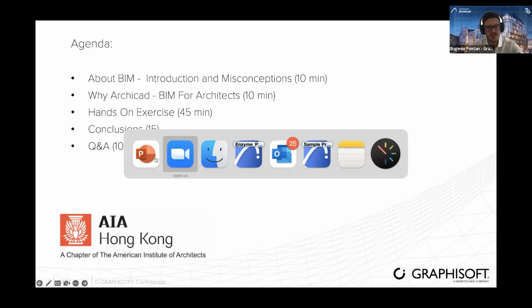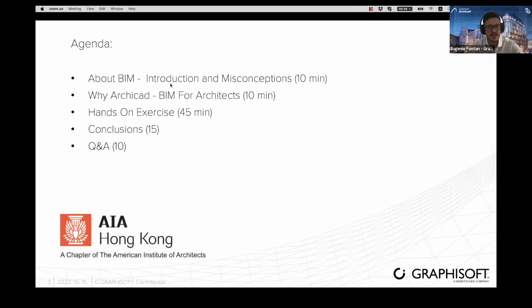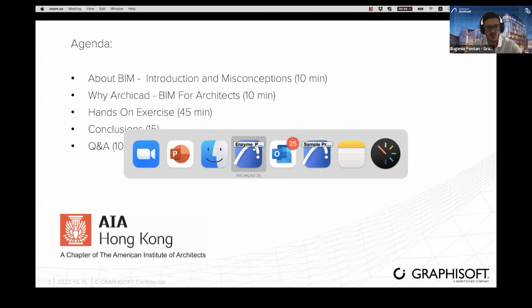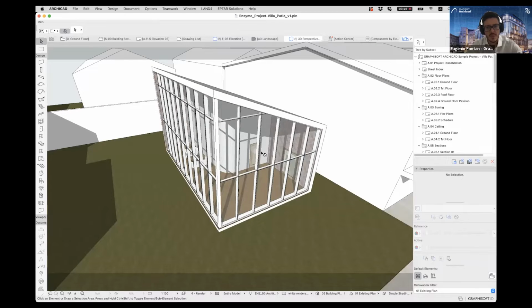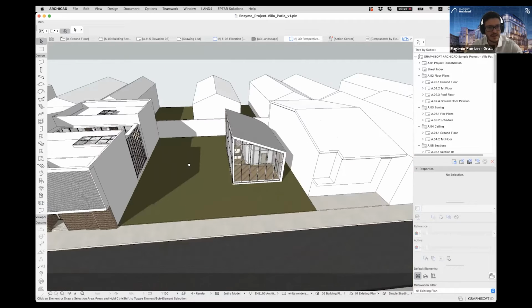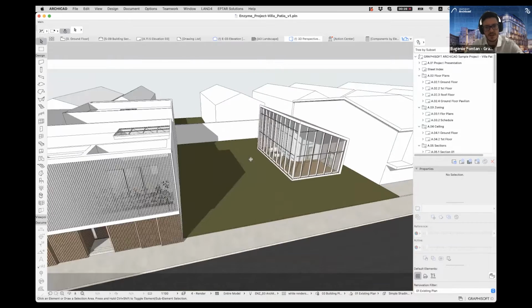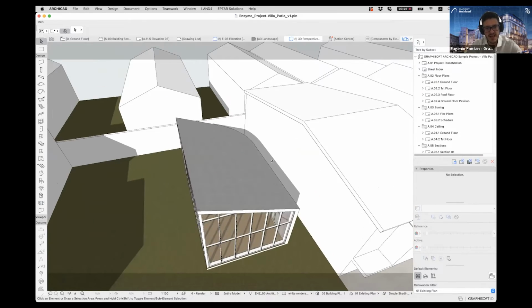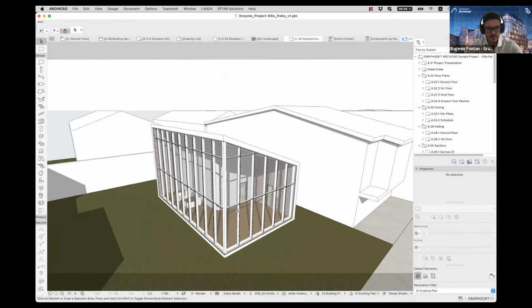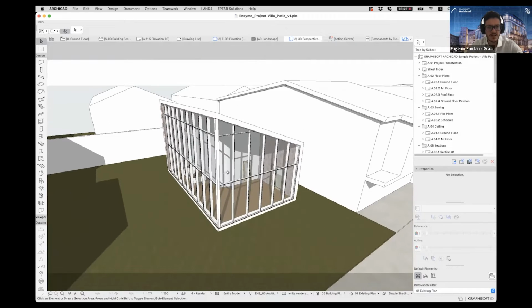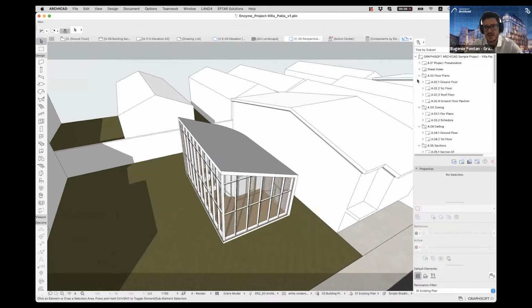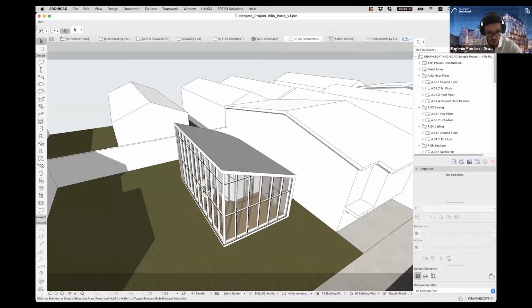If you saw on the chat, I shared a link, which is here, to download a file, which is this one. It's called Villa Patios. It's a small project, a very tiny house, and the idea is that we're going to rebuild this tiny pavilion. Again, I will probably make it shorter than 45 minutes,